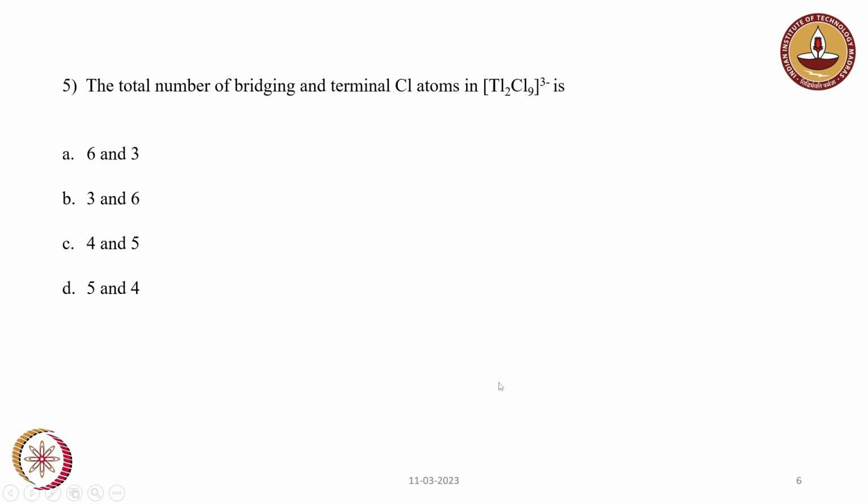So next question is the total number of bridging and terminal chlorine atoms in Tl2Cl9 3 minus is. Option A is 6 and 3. Option B is 3 and 6. Option C is 4 and 5. And option D is 5 and 4. The structure of Tl2Cl9 3 minus is